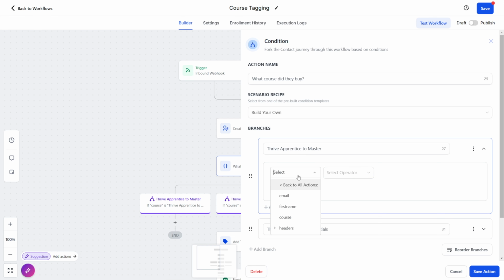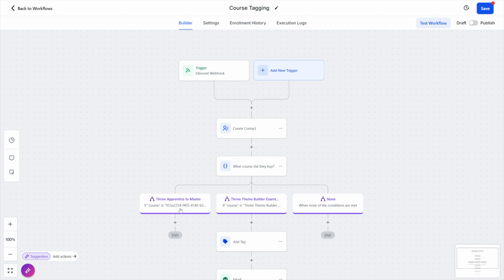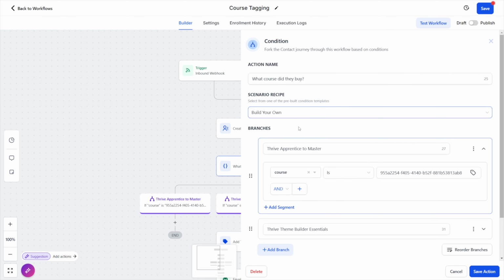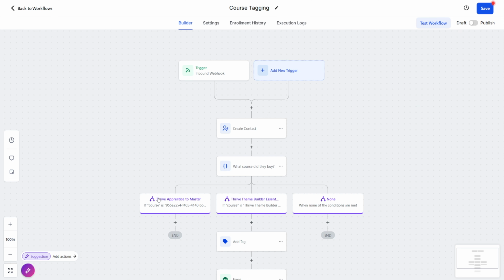So I'm going to go ahead and clear this out and come back in here. And it is course is the product ID from SureCart. And then I'll hit save. And that's going to be the process. And I can, of course, rename this, right? Because this is, well, it's called Thrive Apprentice to Master, as you can see here. So you're going to see Thrive Apprentice to Master, of course, is this serial number. So that's going to give us our ability to determine which course was purchased or product was purchased from our